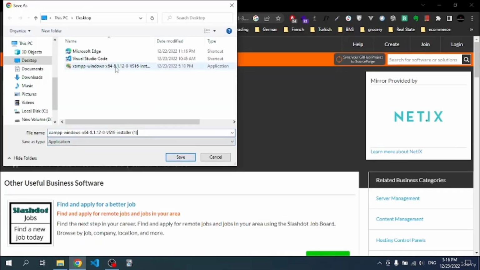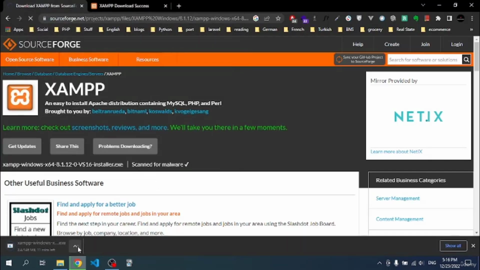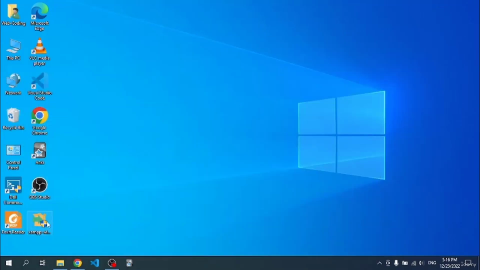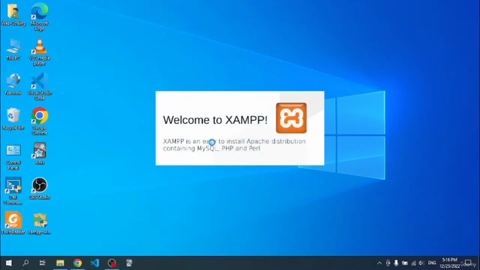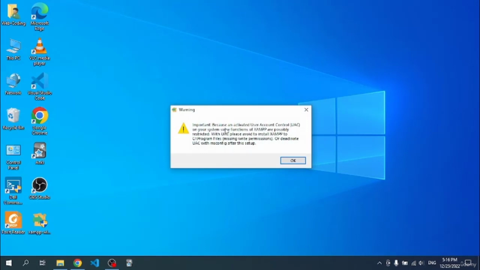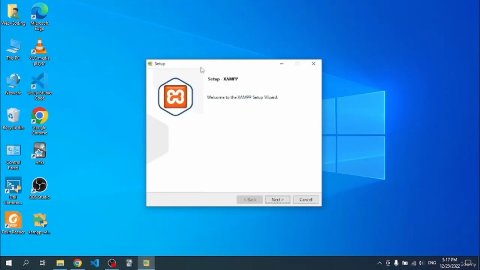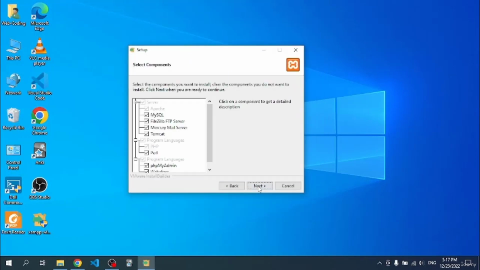If I click on save, now it's starting to download. I already downloaded the program, so I'm just going to cancel this and go ahead and install it. After you download it, just click on it right here. I saved it on my desktop. If I click on yes, it's very important because you activated user account control. So if we simply click on OK, and click on next,